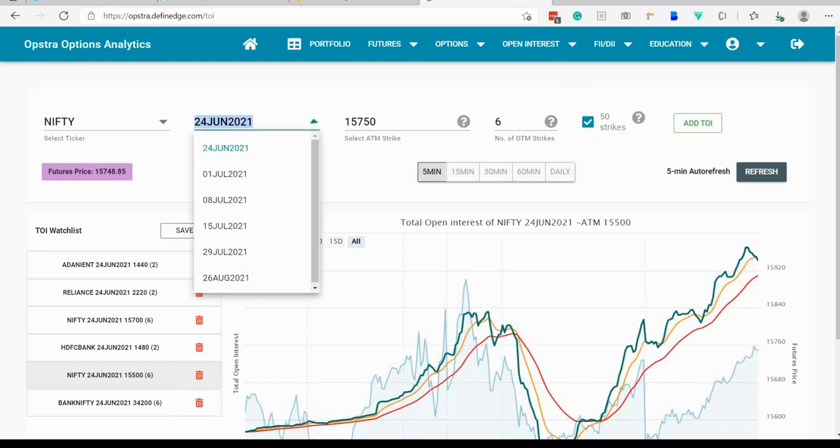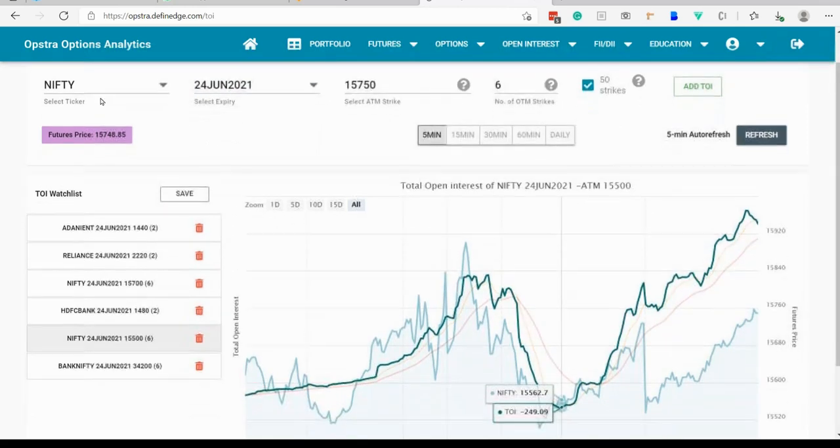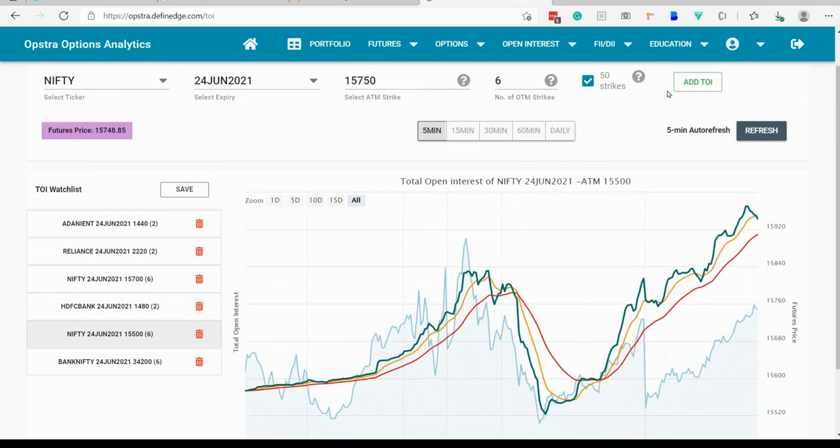So right now this is monthly expiry, but we are in the last week of expiry, so it is pretty much acting like a weekly option. So we have to keep it as 50 strikes. We are choosing 50 strikes when we are constructing the total open interest. So once you select all these things, and then you add total open interest. Now